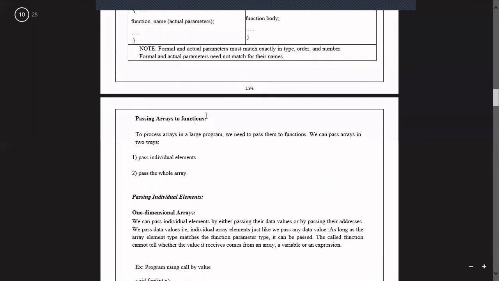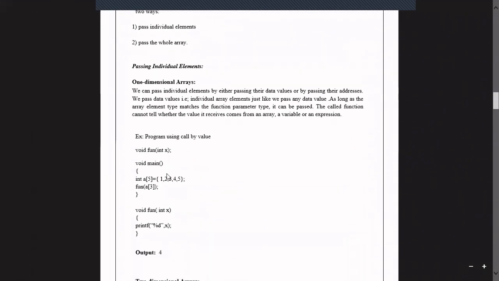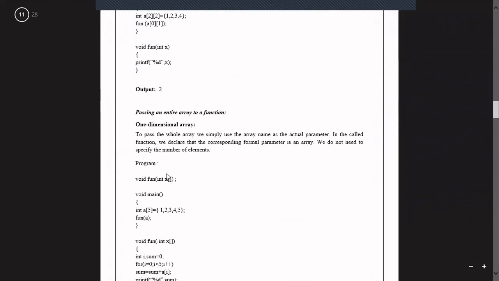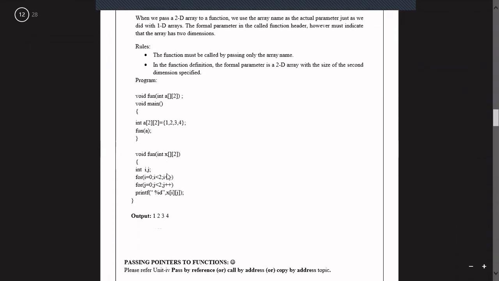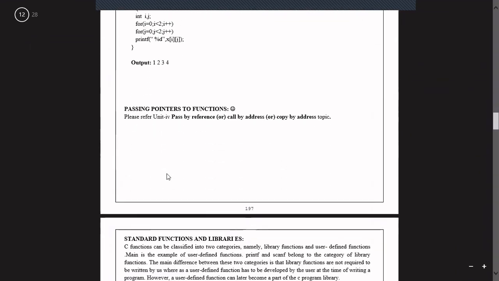Passing arrays to function, passing individual and the whole array elements, we discussed in today's class. And the next topic is passing pointers to function.